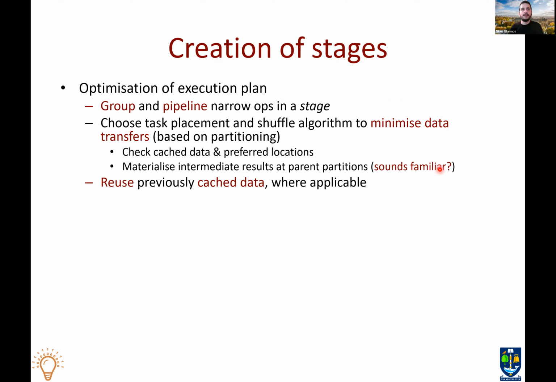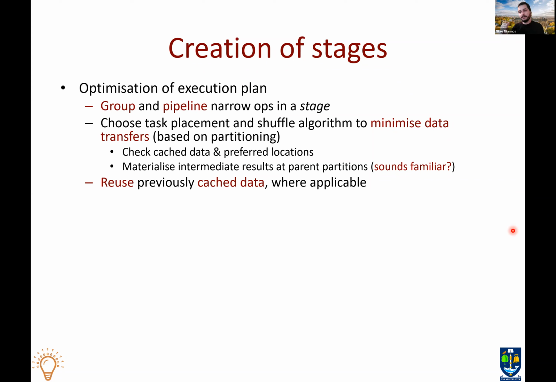So that's the first part of the optimization, right? Trying to push as much computation as we can to the data, trying to recompute as little as we can, reusing previously cached data as much as we can. And you must have seen it in the labs that when you execute something in Spark, the data is not cached by default. Okay,